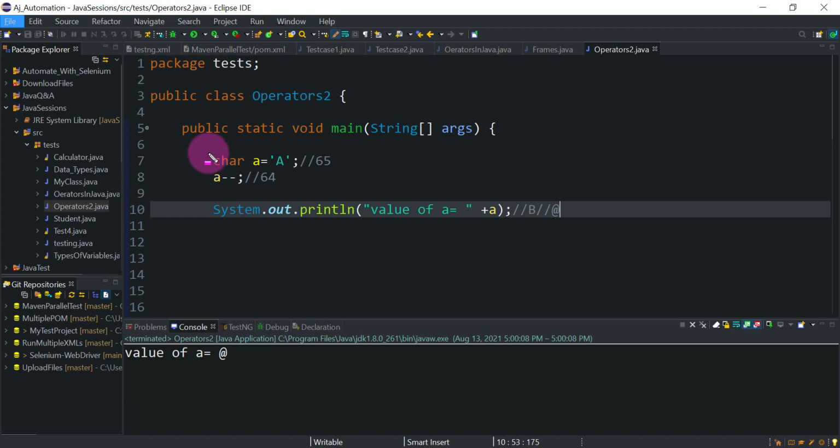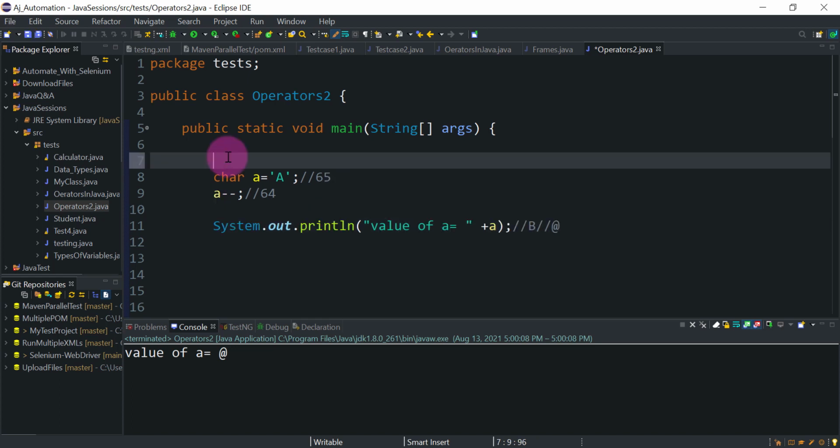So this is a very important example from the interview point of view. Anyone can ask it in interviews. This may confuse you the first time, but only concentrate on the type wherever you are declaring. If it is a character, then ASCII values come into the picture, right? And we can perform increment and decrement operators on the variables. Here we are just using the variable value, we are not directly using the ASCII, otherwise you will get an error like we saw in the previous example.